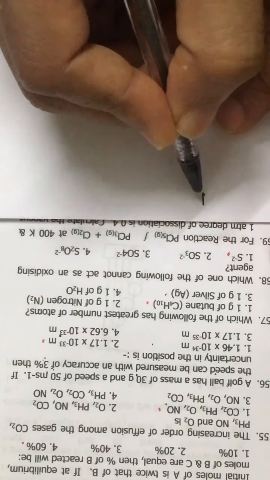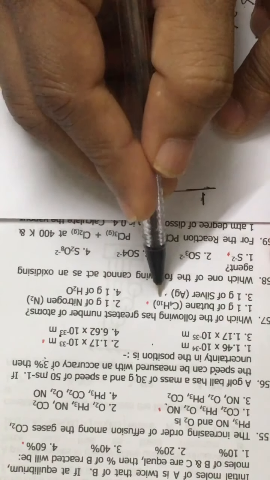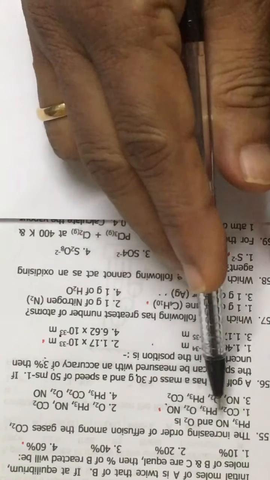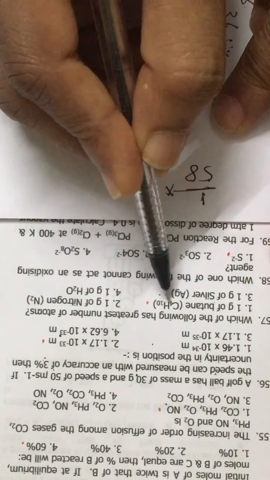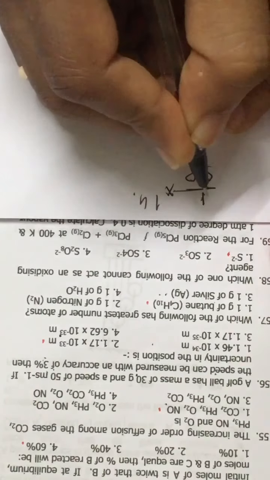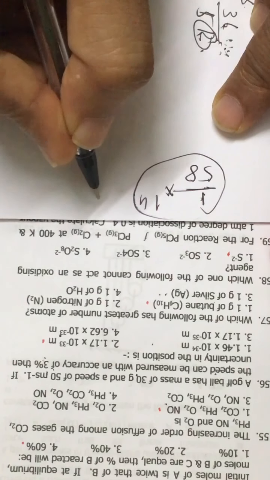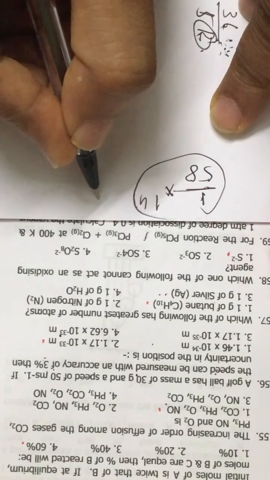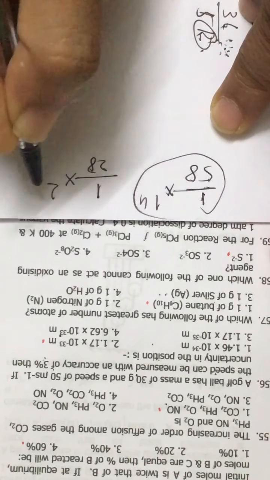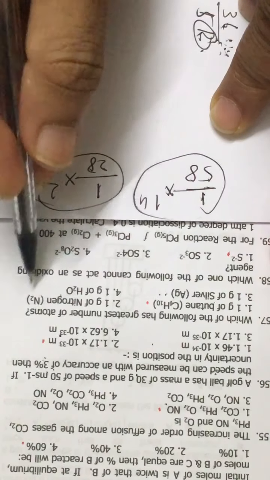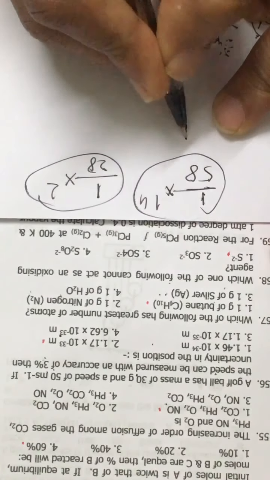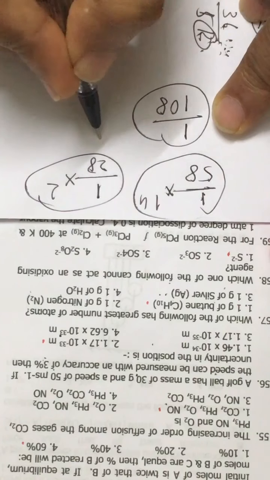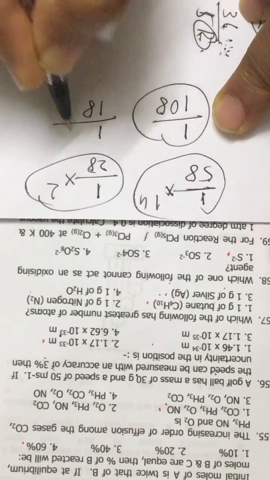So 1 gram of butane. So 1 gram divided by its molar mass, that is around 58, into in one molecule how many atoms are there? In one molecule there are 10 plus 4, 14 atoms. This is first option. In second option we have N2, 1 gram of nitrogen, it is 1 by 28 into 2, because in one nitrogen molecule we have 2 atoms. And third option, it is 1 divided by its molar mass, 108. And the fourth option is 1 divided by 18 into 3.